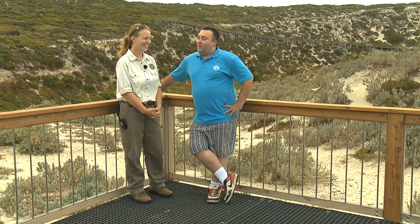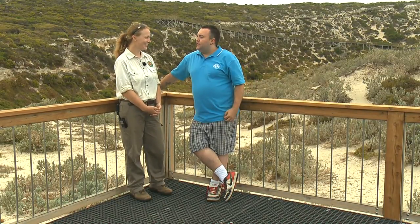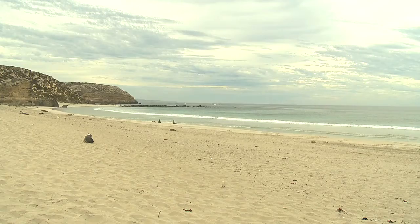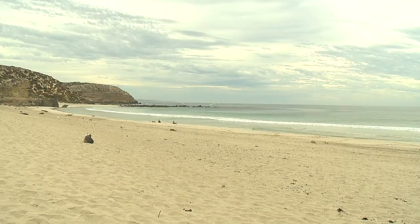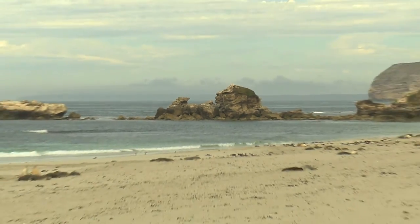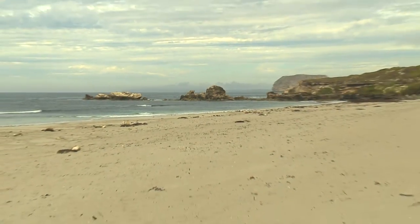I'm here with an inspirational woman, Emma. We just heard your tour guide down there talking about the seals. Now, I want to say over here, I noticed when you stand up here, you get an appreciation. You can see a beautiful reef out there. Yes, definitely. And that reef is so important to Seal Bay because naturally it's a barrier for predators like sharks,